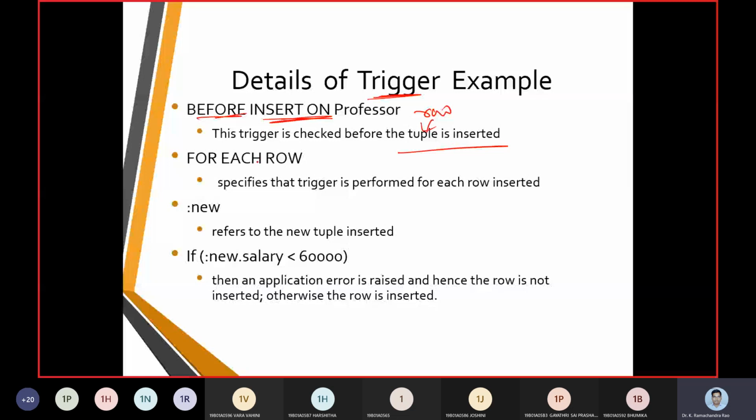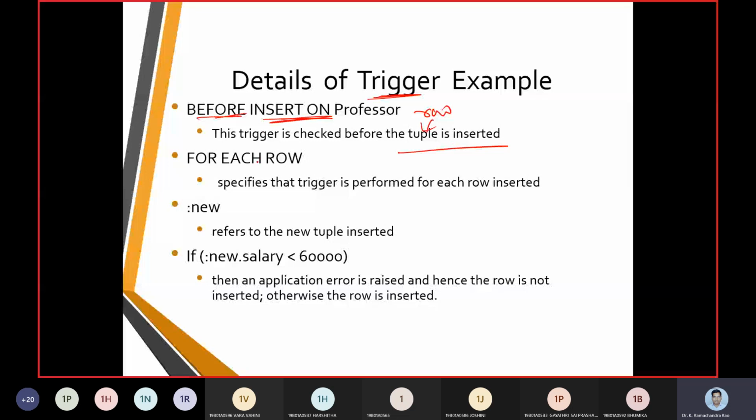So we talked about triggers here. Triggers are going to be of two types. First type we call a row level trigger, second type we call a statement level trigger.